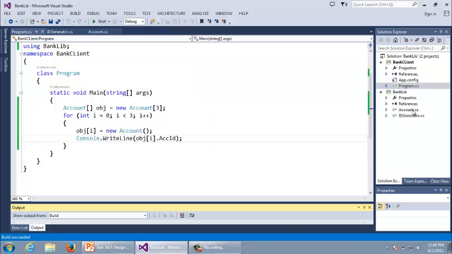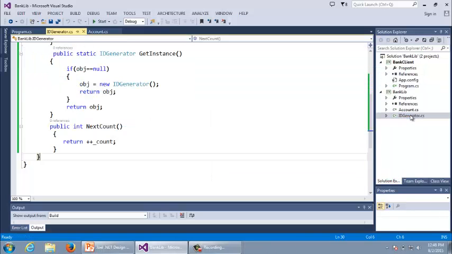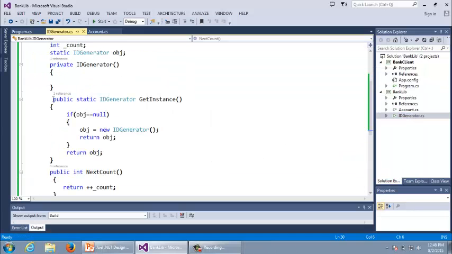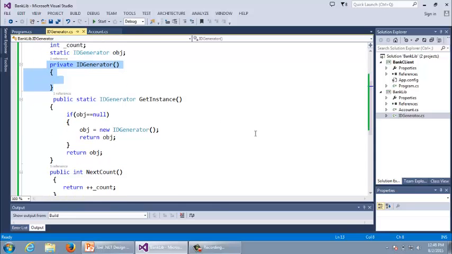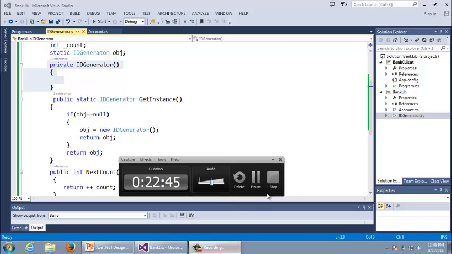So when I execute this, control F5 to execute, and you would see I have 3 unique random account IDs getting generated for the 3 account objects that I've created. And the key takeaway of the design pattern that we've learned, which is singleton, is the creation of the static method to ensure that this class generates only one